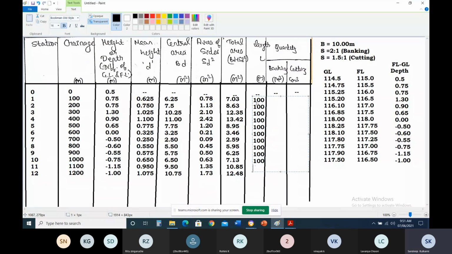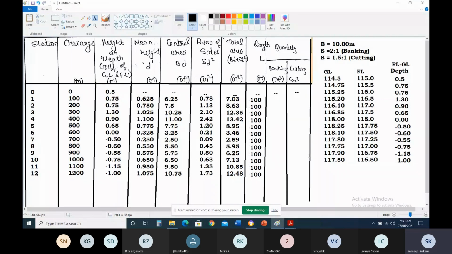So directly I'll write all values, because in the previous problem, how many of you were present in the last class? Only two were there. There the length changed at the depth, wherever it changed from cutting to filling. But here it changes exactly at the sixth point only, so the same length will come for all the cases. Now the only thing left is the last column, quantity, that is b d plus s d square into length. Whatever total area you got, 7.03, you have to go on multiplying by the length.